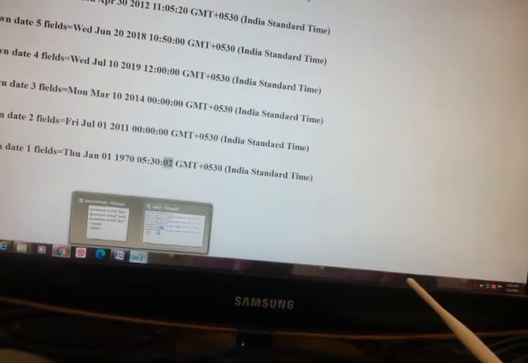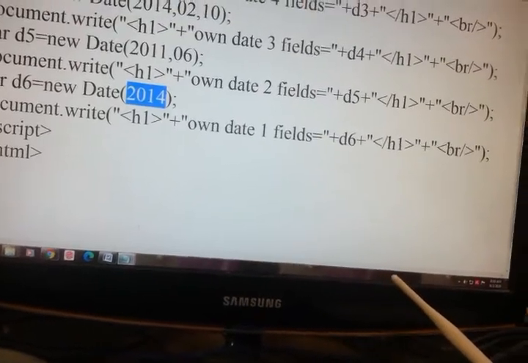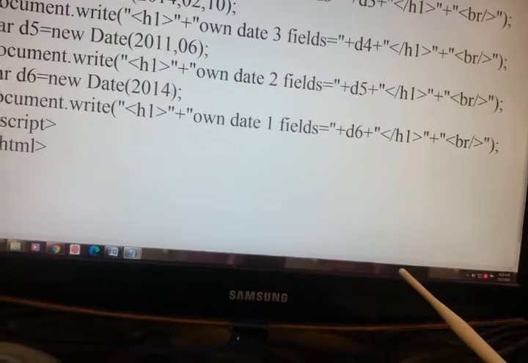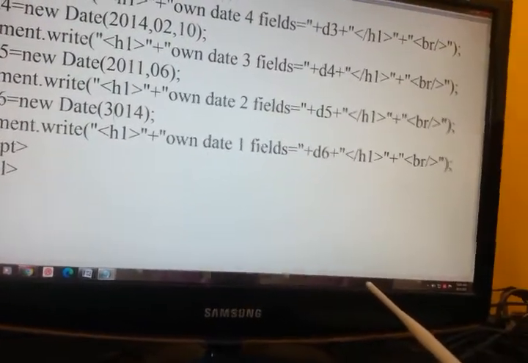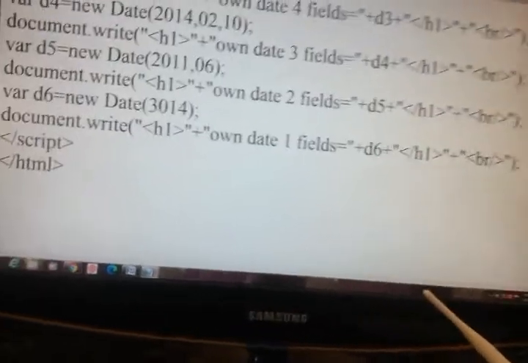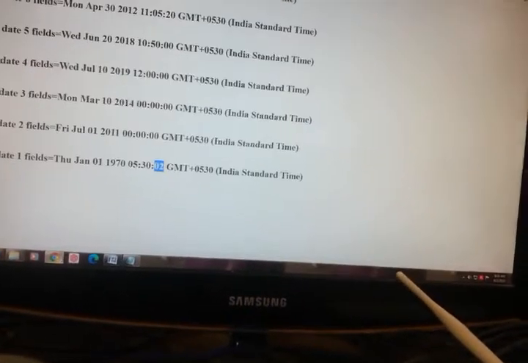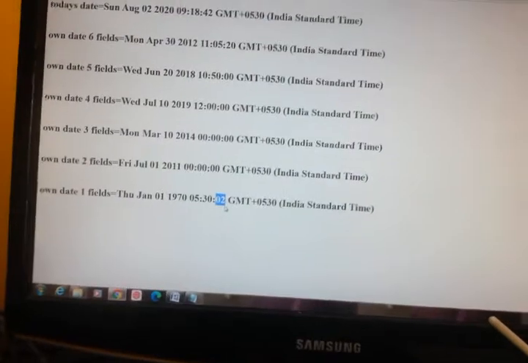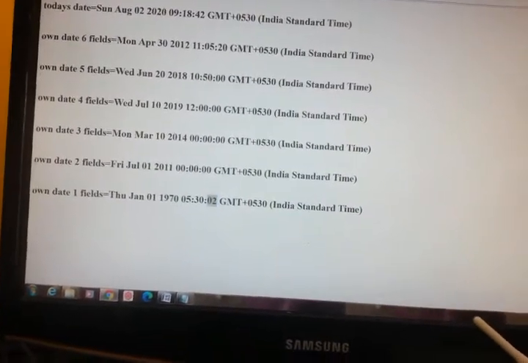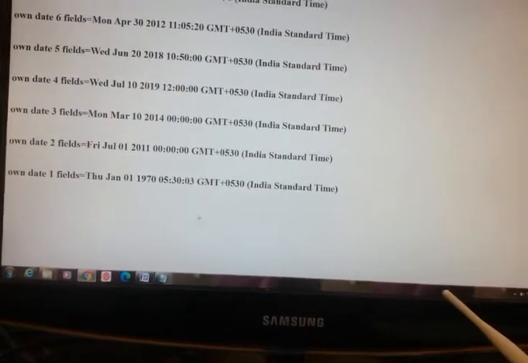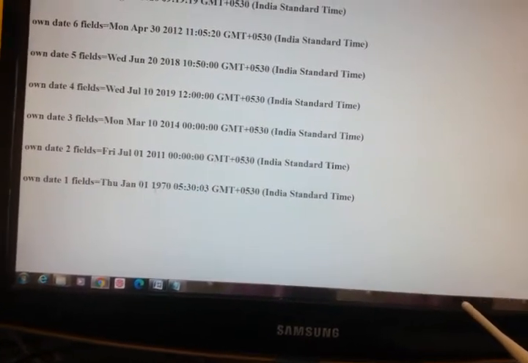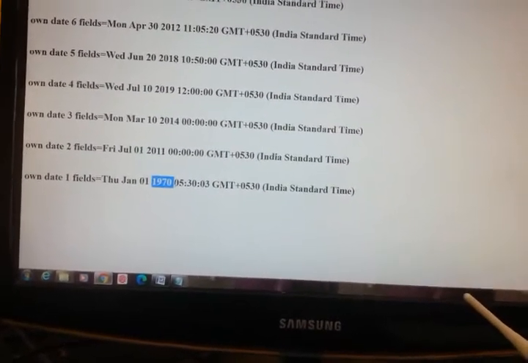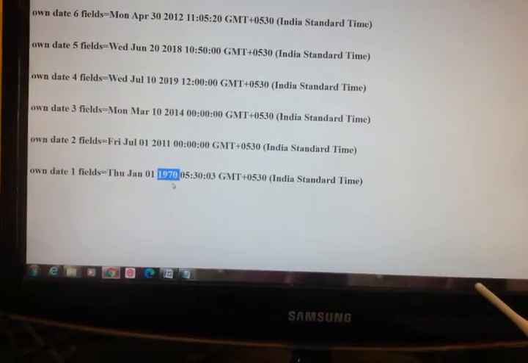If you change that to 3014, you can observe here 2 is replaced with 3. 1970 is the base time, base year.